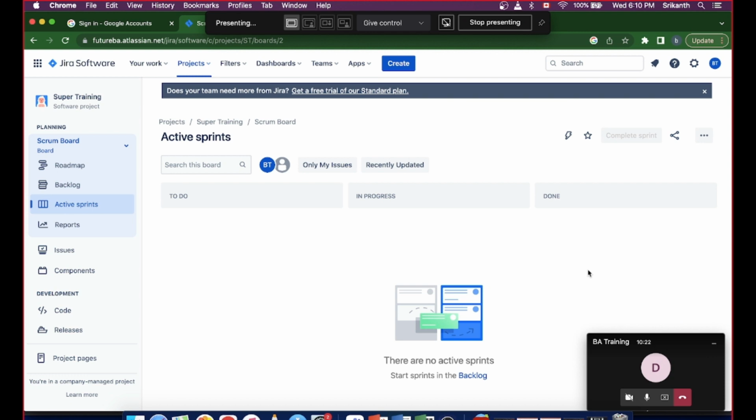We were discussing the agile concepts and how requirements and user stories work, how you write a user story, what an epic is, what a theme or feature is, how stories are divided into smaller parts, how the stories are written, and how the acceptance criteria should be written for each user story, till yesterday. So what we are going to see now is a real software which is widely used